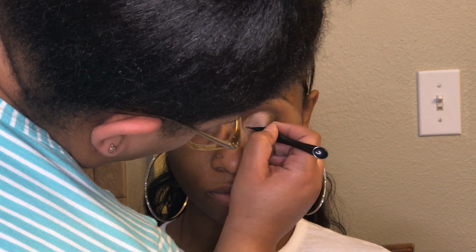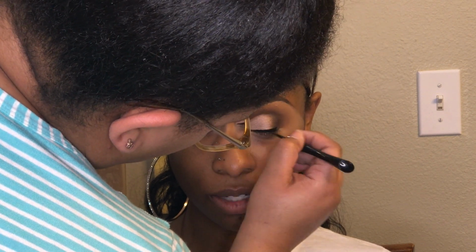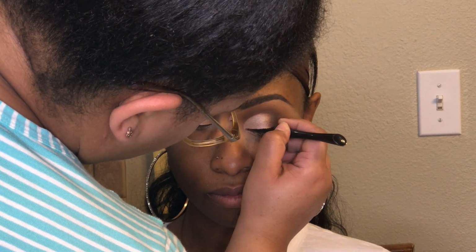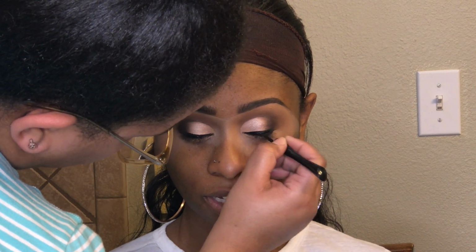Going in with my new all-time favorite eyeliner, the CoverGirl Get In Line Liquid Matte Liner. It is so bomb, y'all. Like, y'all have to go and get this liner. I was a super fan of the NYX Liquid Matte Liner, but ever since I tried this, I think